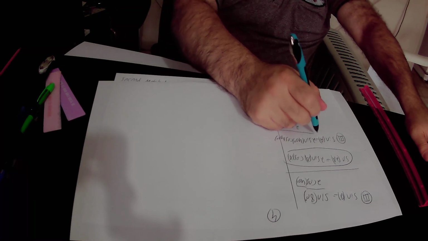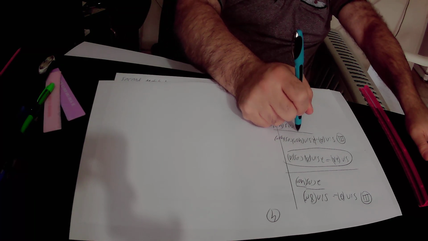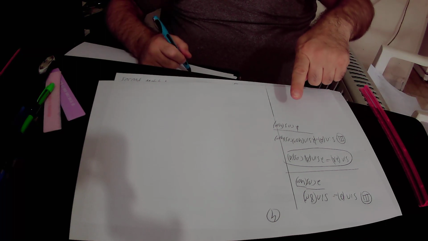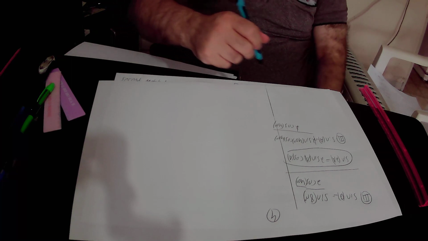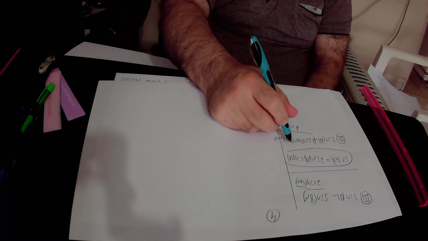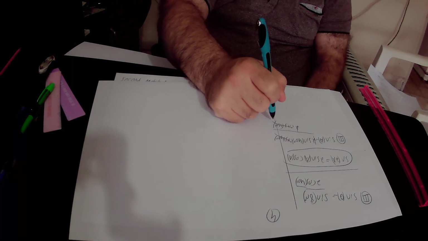So 2 over 2 is 1, so 2 will get cancelled. We have cosine 40 degrees in the numerator and cosine 40 degrees in the denominator, so cosine 40 degrees will also get cancelled, and we are left only with